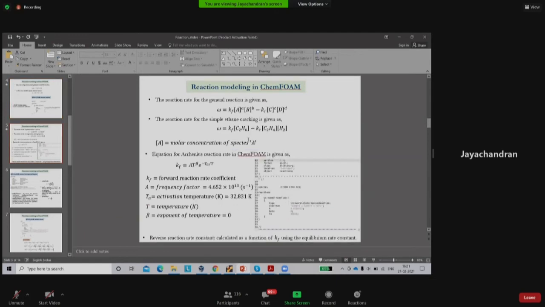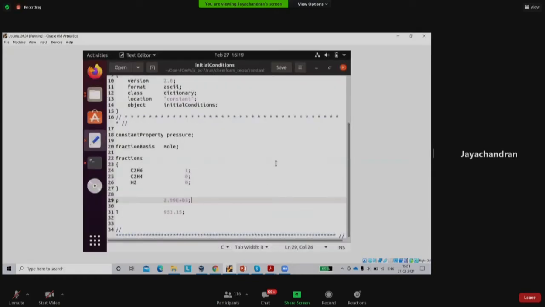Okay, because this Arrhenius reaction rate is only for Kf. Kr will be calculated as a function of Kf. There is another equation for that. I will share that file with you. So this Arrhenius equation only calculates the forward reaction rate in this particular problem. Okay, so we are not defining Kr anywhere. Okay. So you can change that irreversible to reversible Arrhenius and run one simulation, and see how the temperature is varying, how the concentration is varying. That you can try.